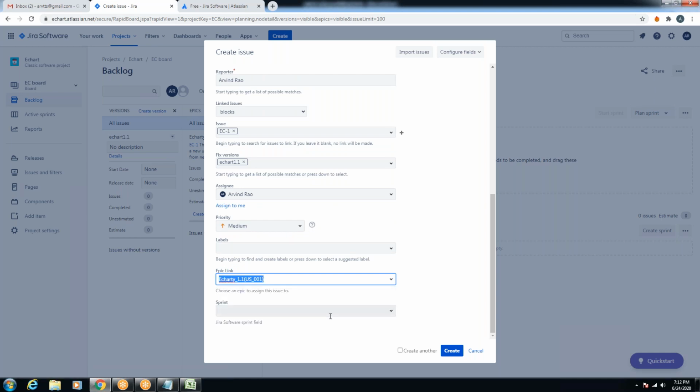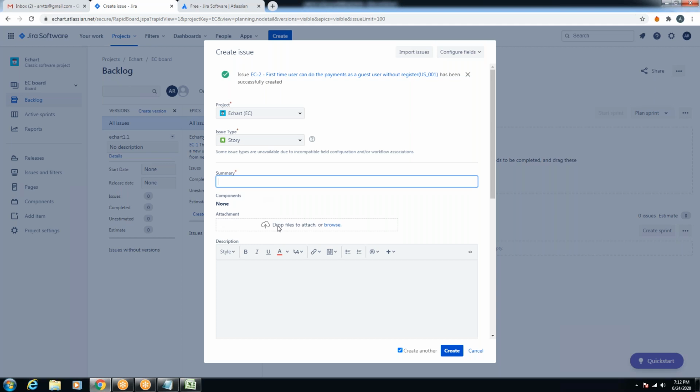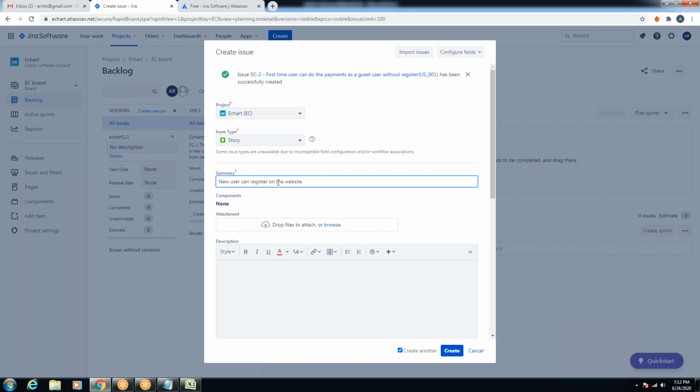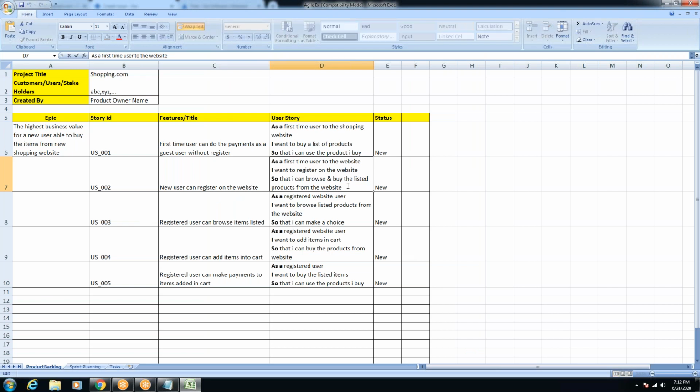We haven't yet created any sprints. We will leave it right now. Later when we are creating sprints, we will link it into this part, right? So you have multiple user stories. We can create multiple user stories like this. Now I'm selecting the create another checkbox, create, right. Another user story will come where I'll copy another title under my summary. This is another user story. My description is under